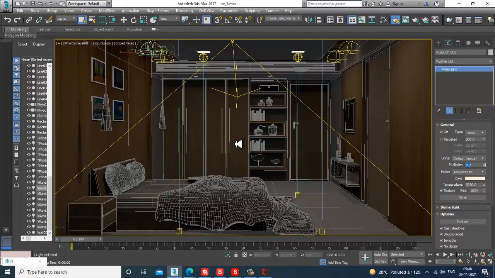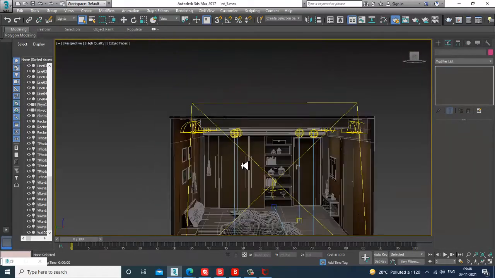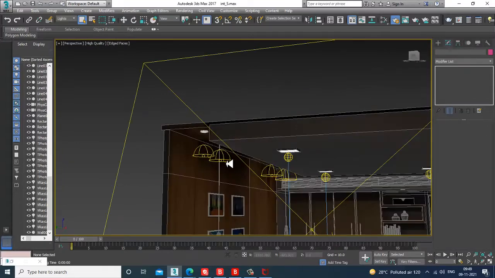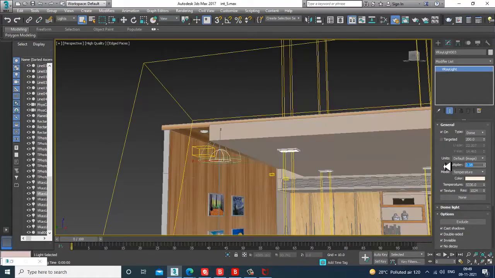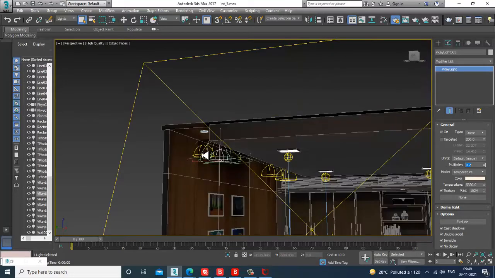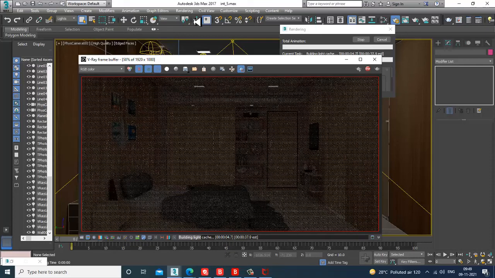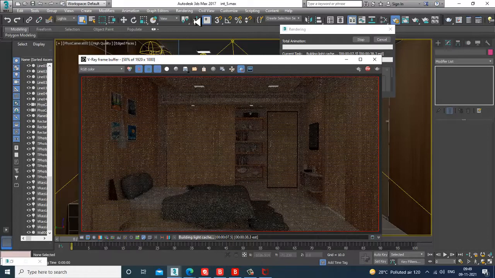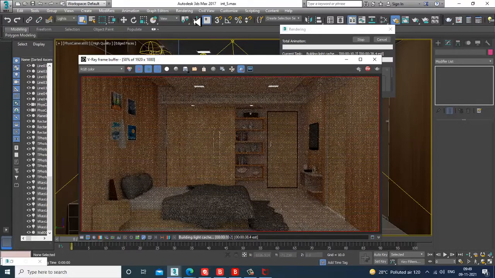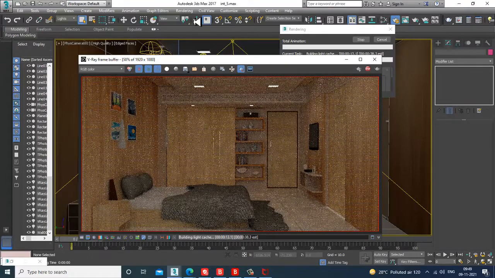Because with lighting, you cannot achieve the output in a single go, so you need to check things. Let's see how this looks. It should not look flat because of a very high intensity of lights.